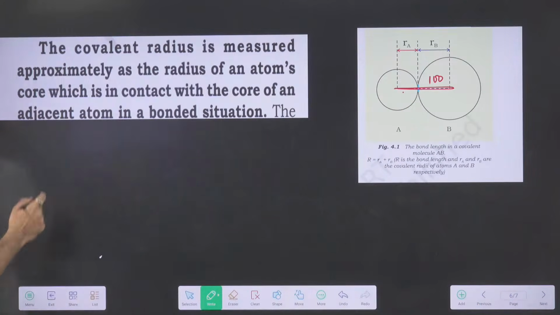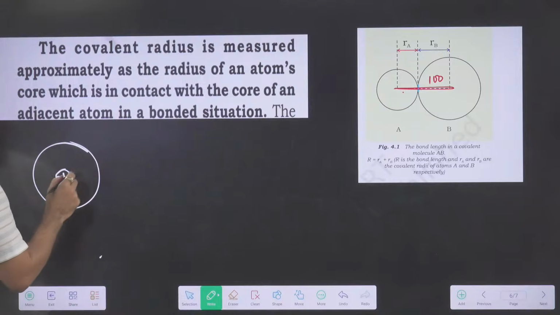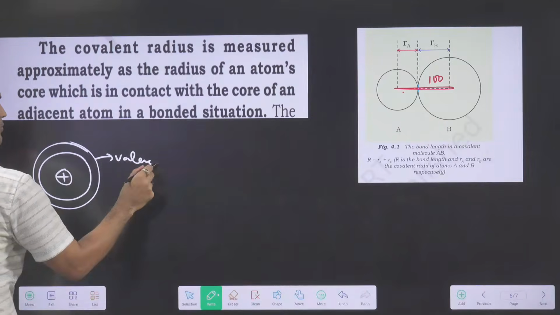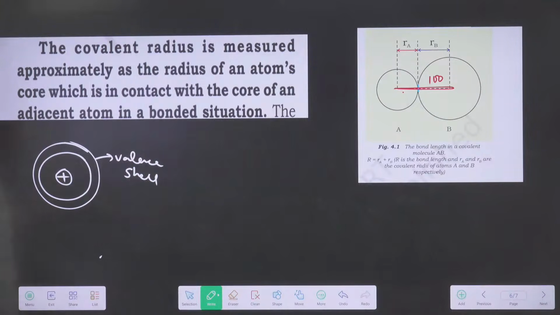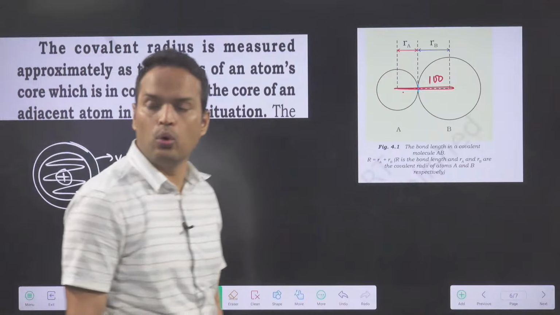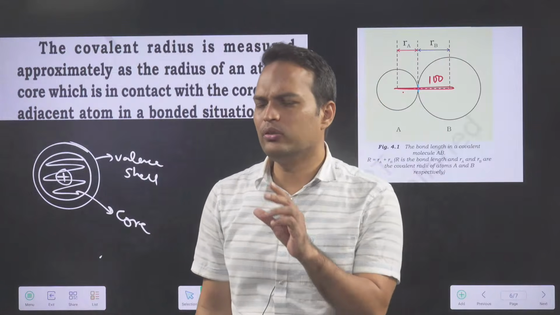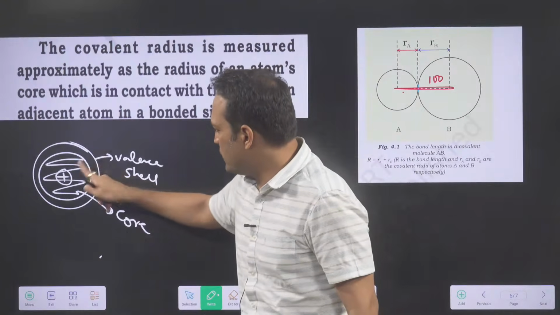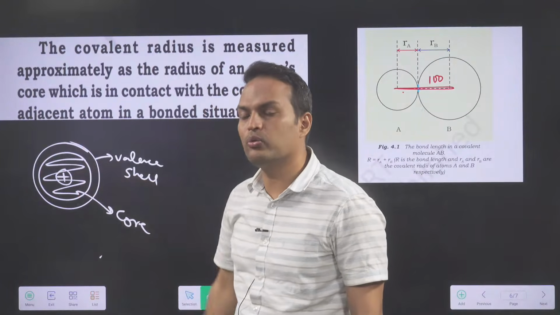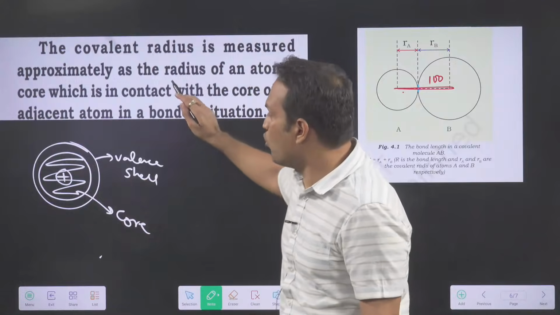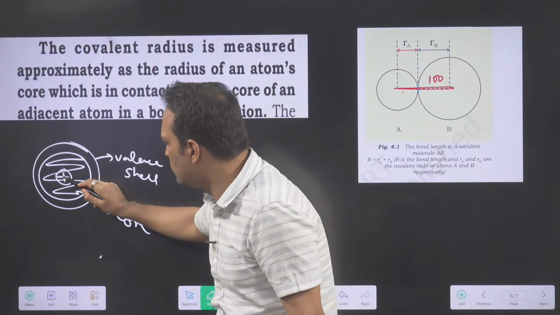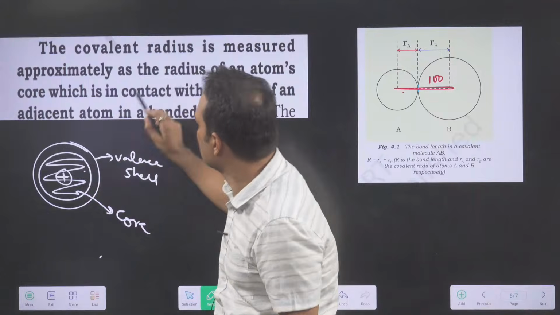See, what does simple way mean? This is the nucleus, this is the atom having different shells. See, this is the valence shell. Atom can be divided into two parts. One is the valence shell and the other is the rest. The rest part you can call the core. One atom you can divide into two parts: one is your valence shell and the rest, all the inner part, you can call the core. So covalent radius is saying that you are able to measure the distance of the core